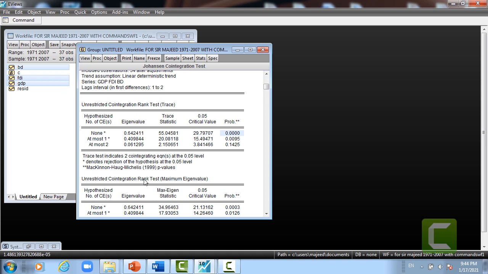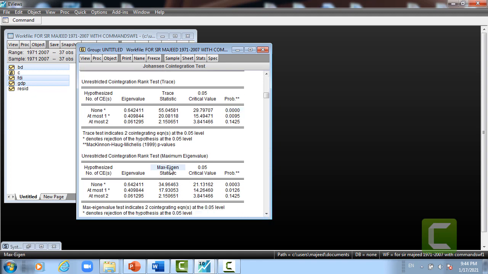Now, we move to the second statistic, which is here, as you can see it, the max eigen statistic. We have the same explanation: none, there is no cointegration. At most 1, there is at least 1 cointegration equation. At most 2, there is at least 2 cointegration equations. But how can we decide? Can we decide there is cointegration or not? Yes. If we find the star here, the same as we discussed in trace, we can say max eigen statistic